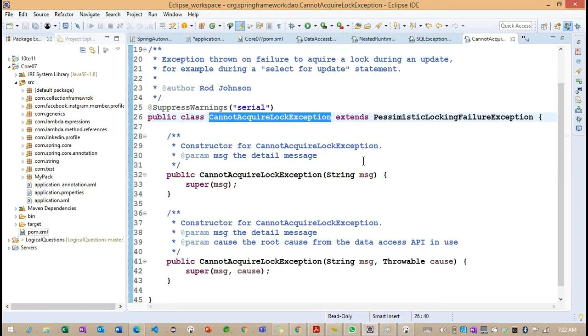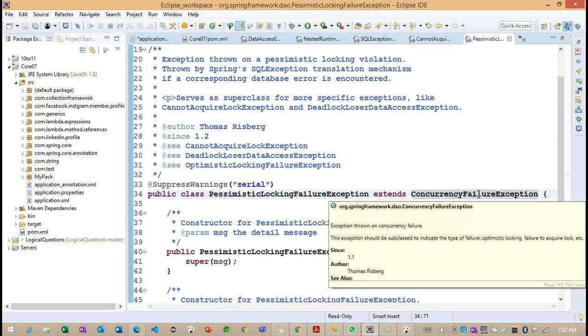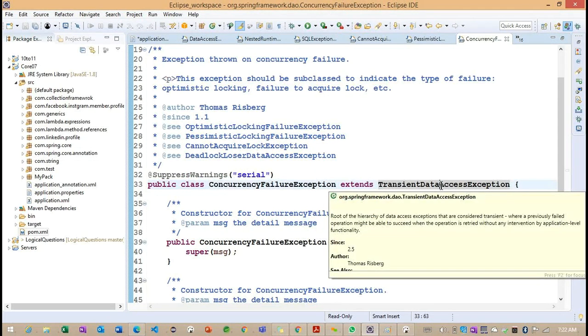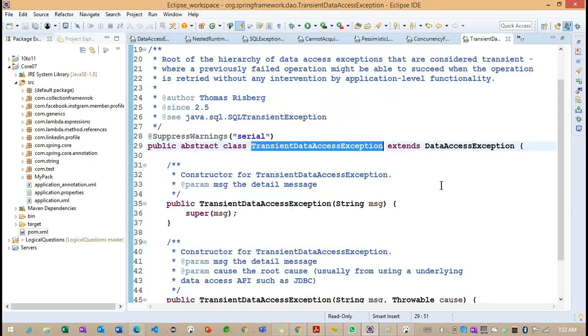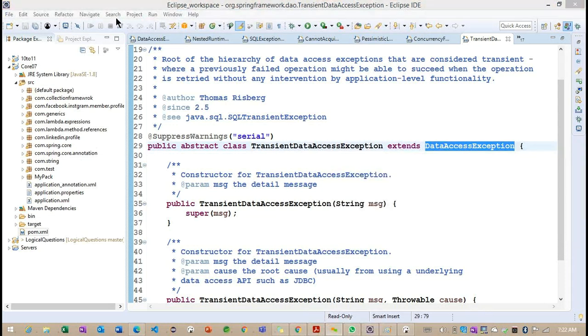This particular lock exception is extending from concurrency failure exception, and that is extending from transient data access exception, and finally this transient data access exception is extending from the data access exception. We discussed just now, this is our super class for all the unchecked exceptions implemented in our Spring JDBC.